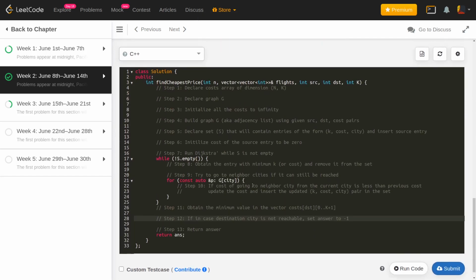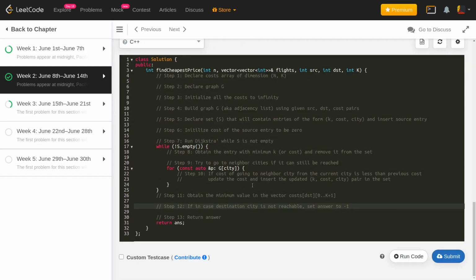So I have written down the steps for you guys as usual, so you can just follow these steps. You can pause the video here and try it out on your own. I really recommend you to try this. Implementing Dijkstra is something that will give you a really good grip over coding as well. There are a lot of concepts that you can learn while you are implementing Dijkstra. So I really recommend you to implement this on your own. Pause the video here. So we'll start the implementation now.